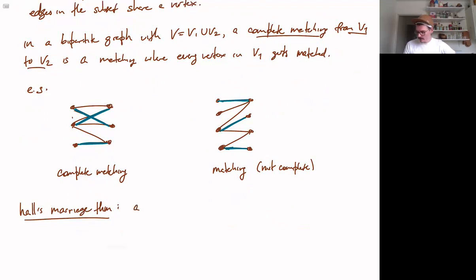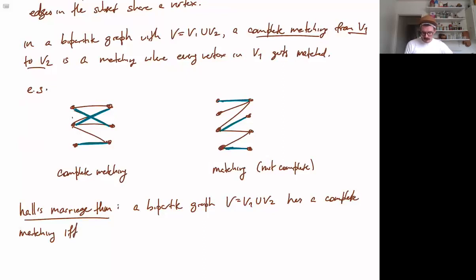So a bipartite graph with this partition of the vertex set has a complete matching from V1 to V2 if and only if the number of vertices in the neighborhood of A is at least the number of vertices in A